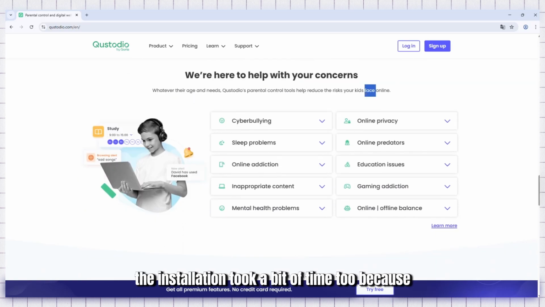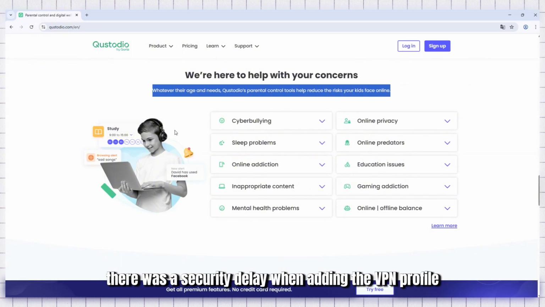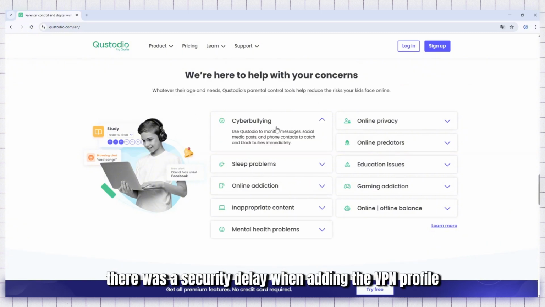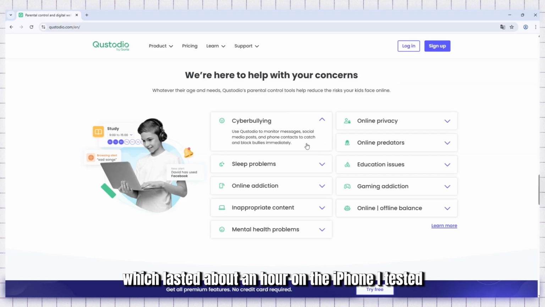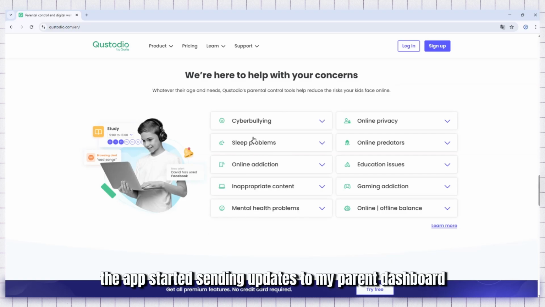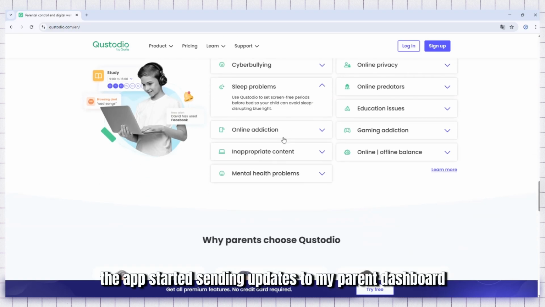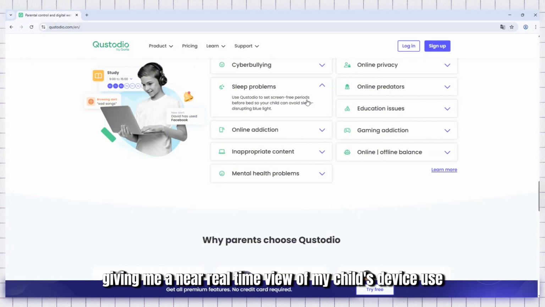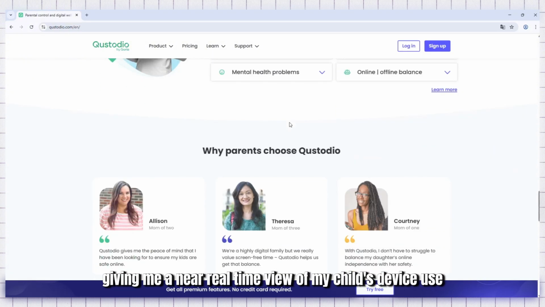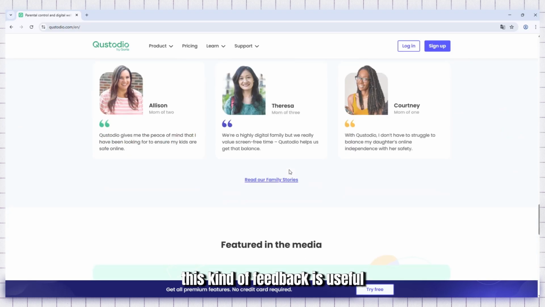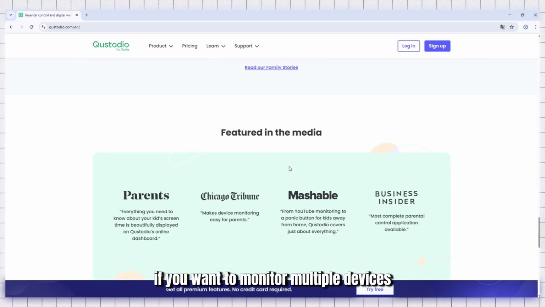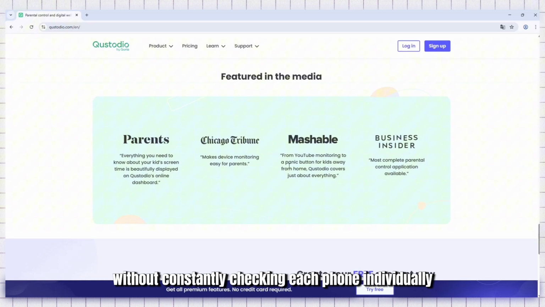The installation took a bit of time too, because there was a security delay when adding the VPN profile, which lasted about an hour on the iPhone I tested. Once it was all set, the app started sending updates to my parent dashboard almost instantly, giving me a near real-time view of my child's device use. This kind of feedback is useful if you want to monitor multiple devices across different family members without constantly checking